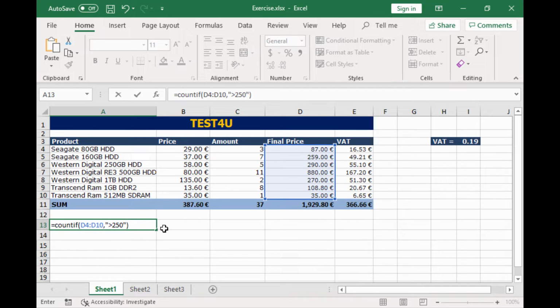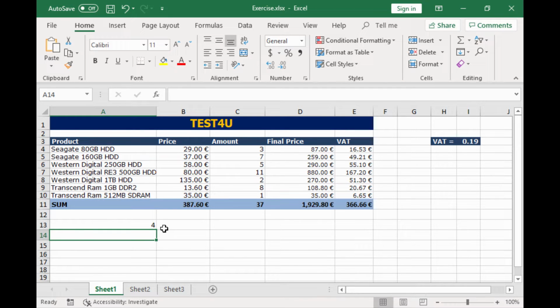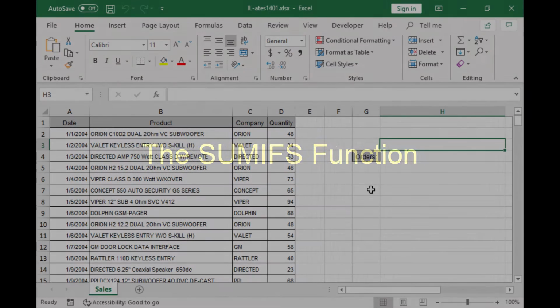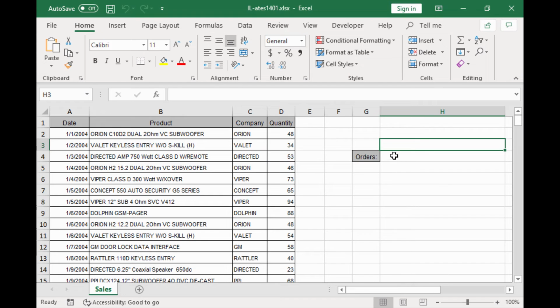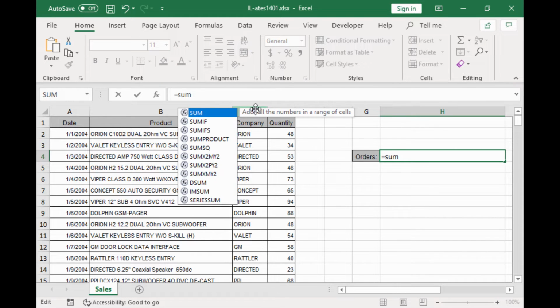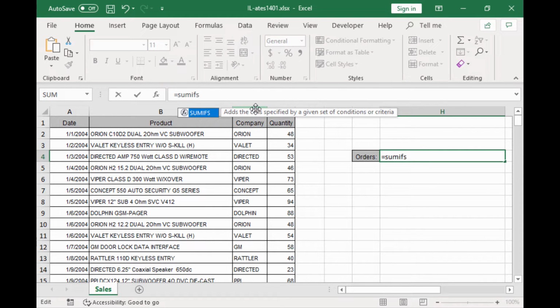But what happens if we want to use the sum, average or count functions in cell ranges that meet more than one criterion? In the current sheet, we want to calculate the sum of quantity for every sale that consisted of more than 40 units and took place after February 1st of 2004. We type the function name, SUMIFS, followed by the range that contains the values we want to sum.